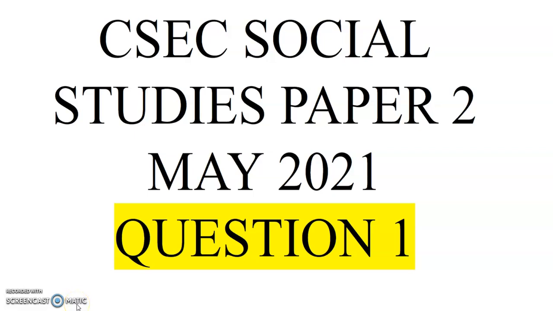Today we are looking at the CSEC Social Studies Paper 2, May 2021, Question 1. So if you have your Social Studies Paper 2, 2021 question paper, I want you to get that paper now because we will be looking at question 1. We'll be learning how to answer questions, how to find the verb in questions so that we can know how much we are supposed to write when answering a question. We will also be learning how to write and answer questions based on the marks allocated for that question. So I'm going to give you some time to go and get your Social Studies Paper 2, May